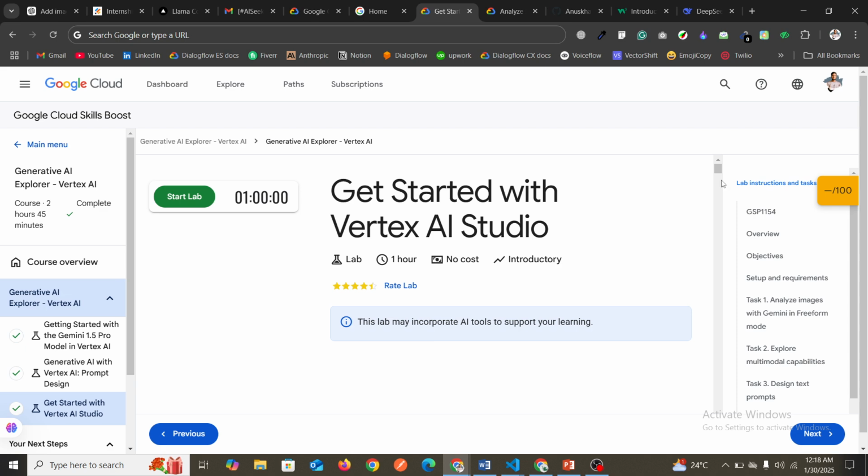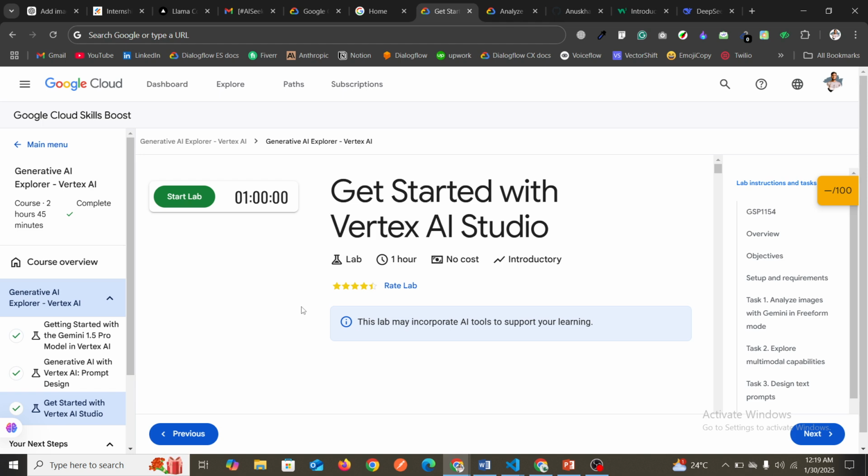Simply what you have to do is have a Google Cloud account, as I already mentioned in my previous video. So you must have an account, and then it is good to go. For getting started, you have to go to the particular lab and just click on Start Lab, and then it will start all of the things. When you click on Start Lab, it will give you a username and password, because it is the Google lab. Google provides you a username and password, and also it gives you a project ID